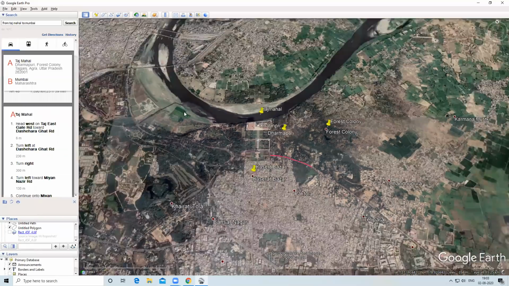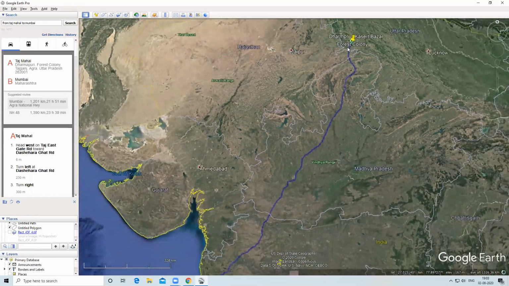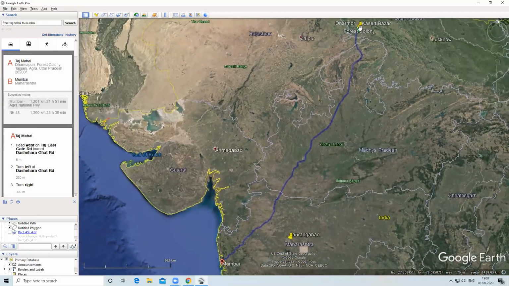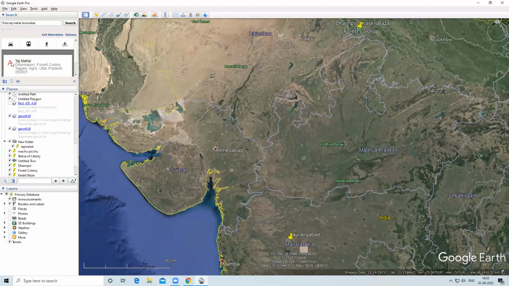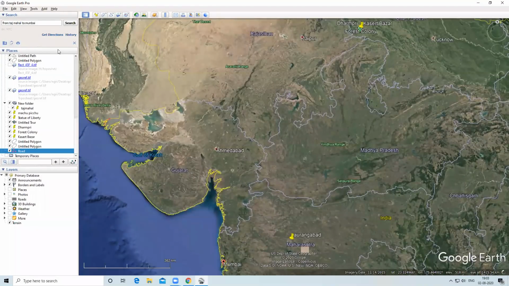When you click on get direction, it will show me the distance from Taj Mahal to Mumbai. So it's nearly 1201 kilometers. It will take 21 hours. If you go by bus, then it will show different hours. Like this we can search and know the distance between two places.